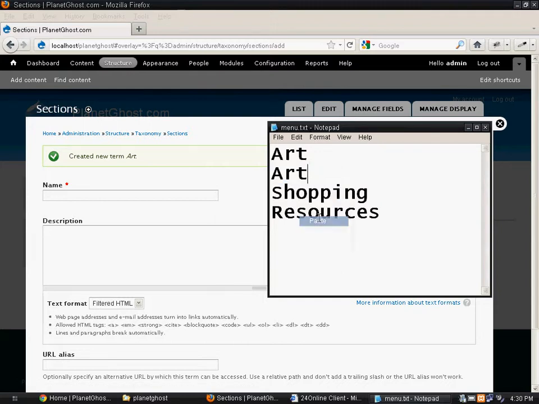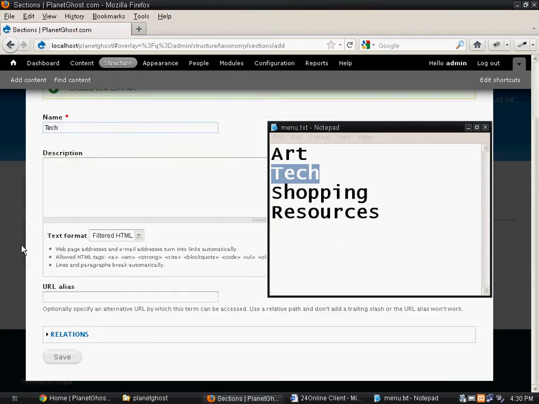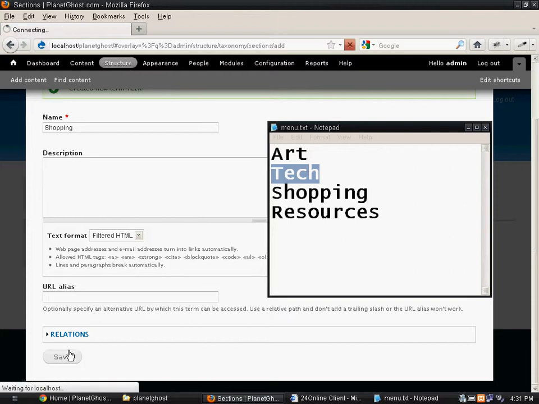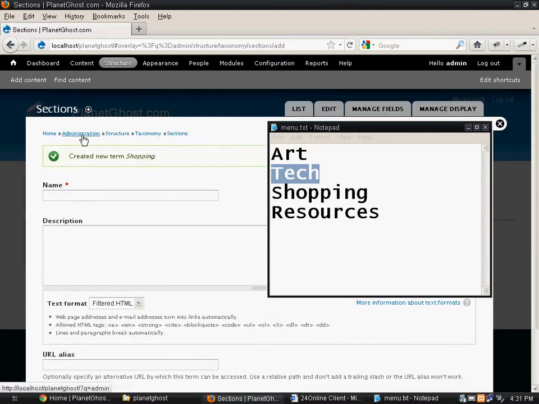Second would be tech. Third would be shopping. And fourth would be resources.